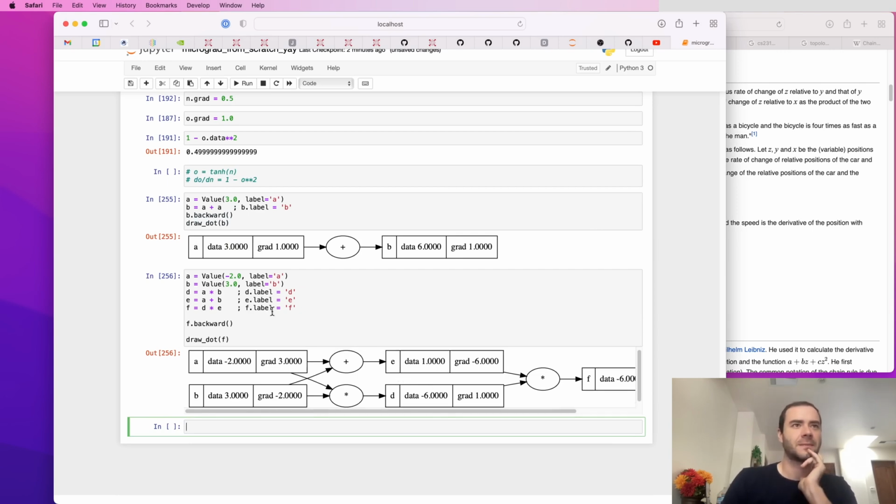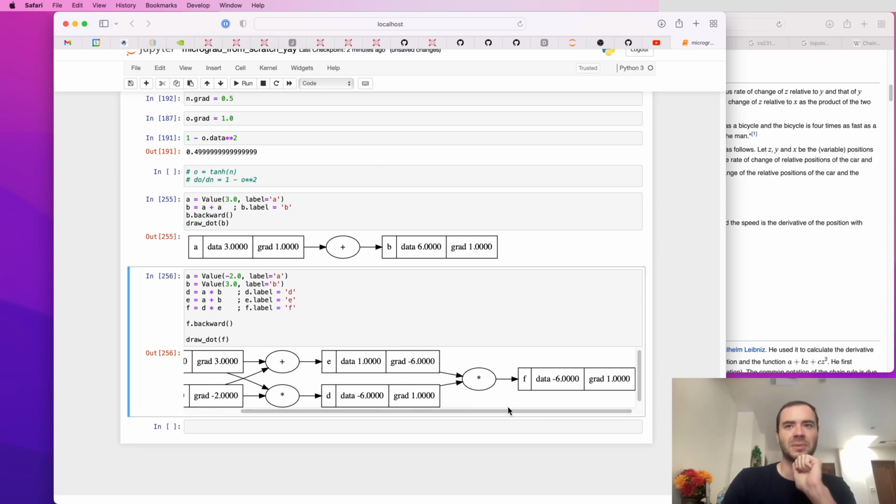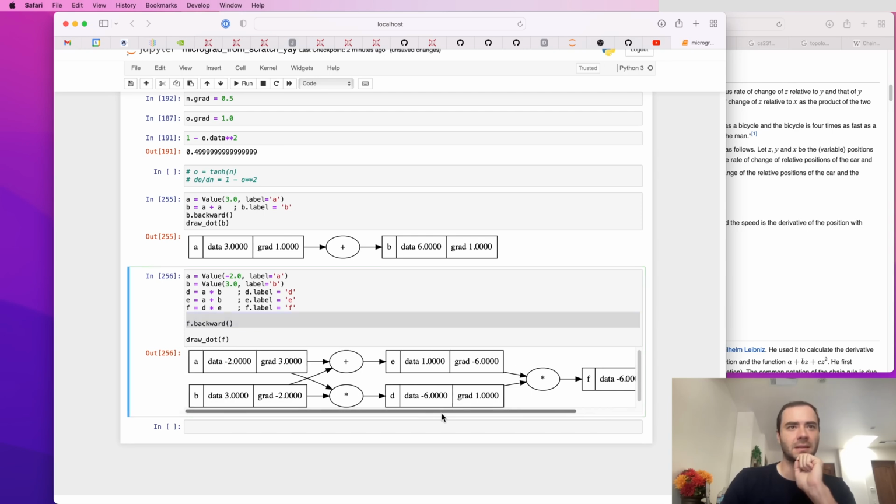So here we have A and B, and then D will be the multiplication of the two, and E will be the addition of the two. And then we multiply E times D to get F, and then we call F.backward. And these gradients, if you check, will be incorrect. So fundamentally what's happening here, again, is